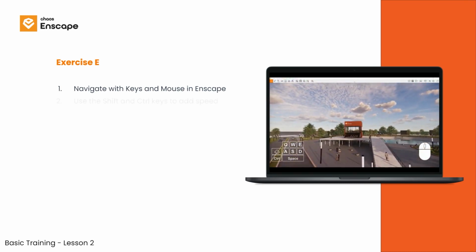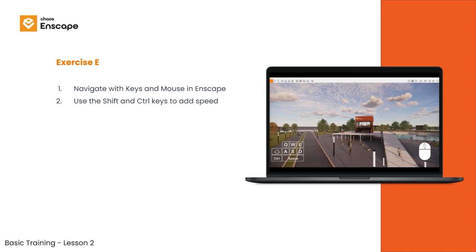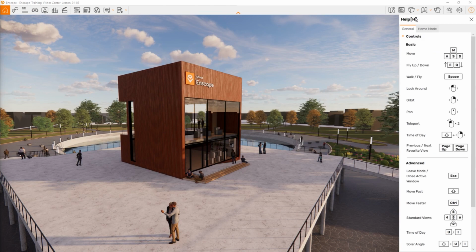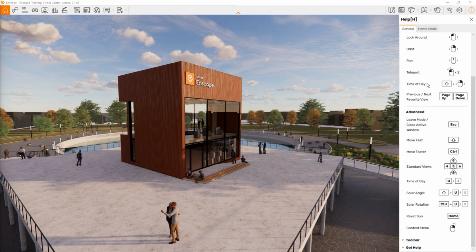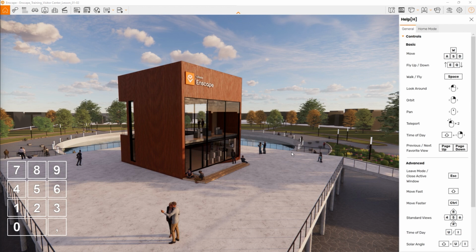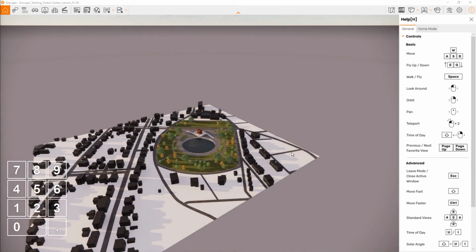Pause the video and continue once you have a good feeling for the navigation in Enscape with mouse and keyboard. If you are lost anywhere now and you don't know how to return, you can always press the 0 key on your numpad to return to our first initial view. It doesn't unfortunately work with the top numbers, so you have to use the numpad on the right side of your keyboard, and it has to be enabled. So whenever you get lost, you can just press the 0 key on your numpad and return to your starting